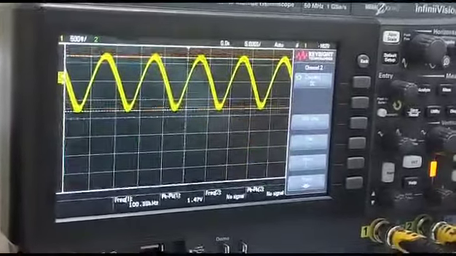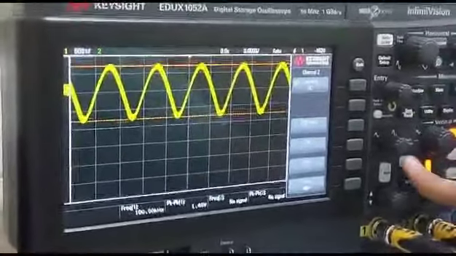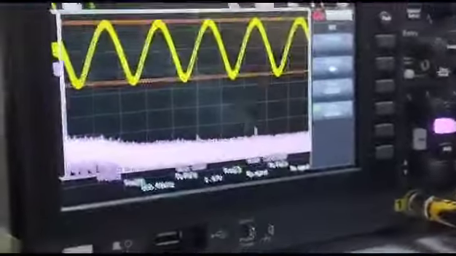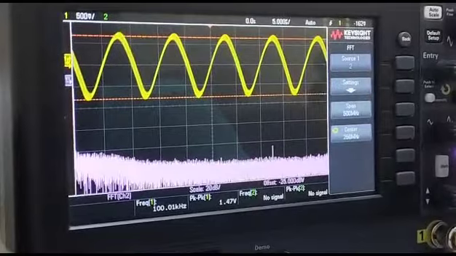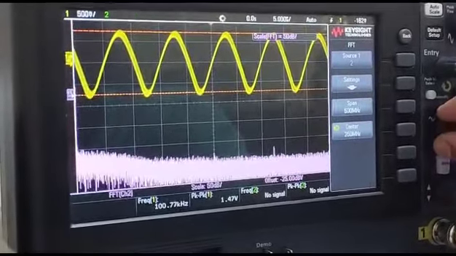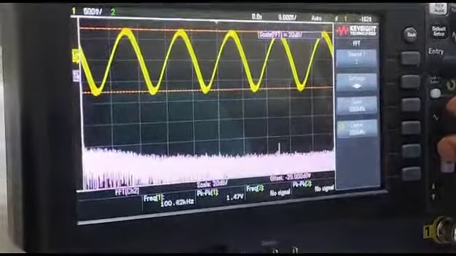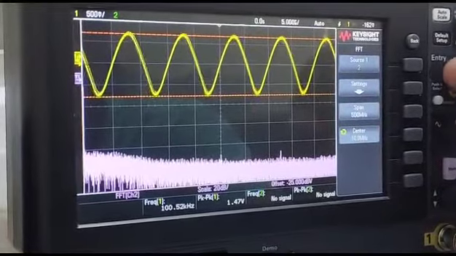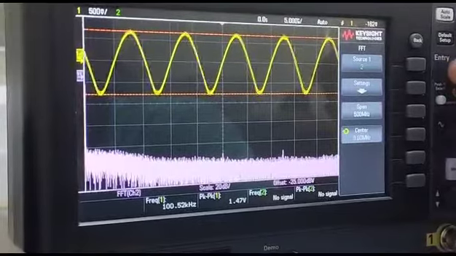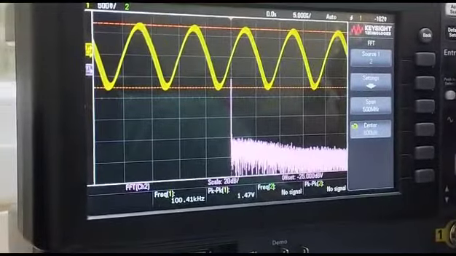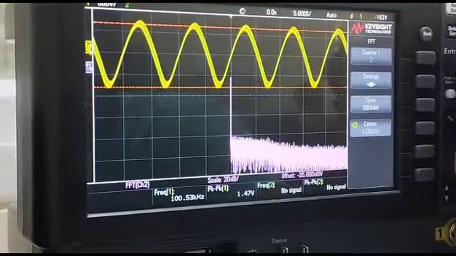Quadrature. F50 for sine wave for in-phase. And